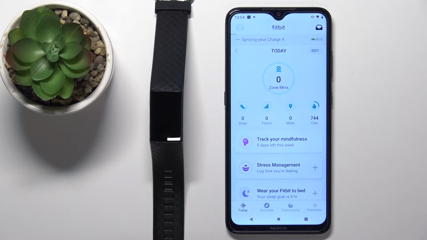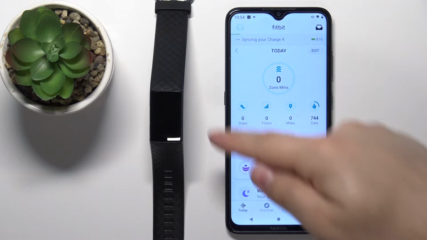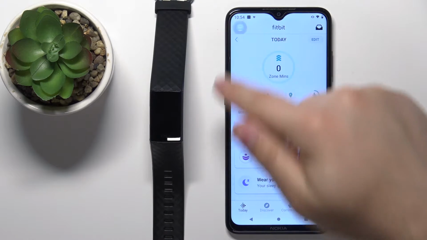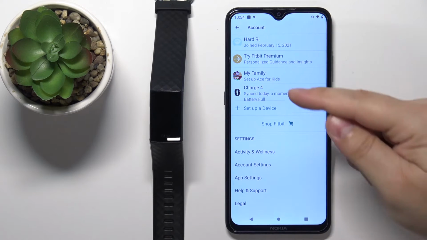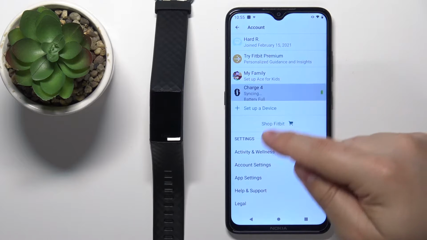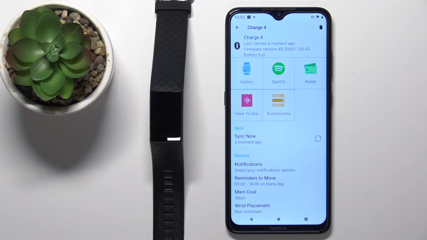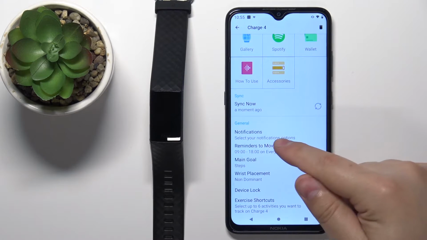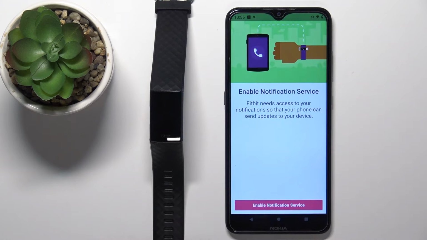Once you open the application, you should see the Today page. Now tap on the profile icon to open the account page. On this page, find the Charge 4 on the list of devices. Tap on it. And now you should see the device page for your Fitbit Charge 4. On this page, scroll down, find the option called Notifications, tap on it, then tap on the Enable Notification Service,